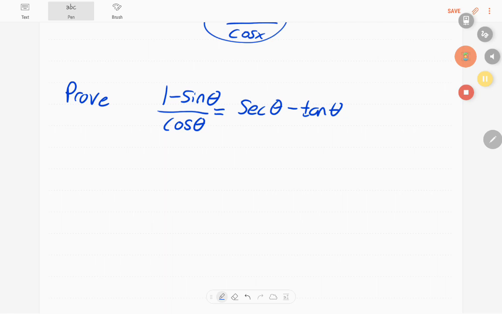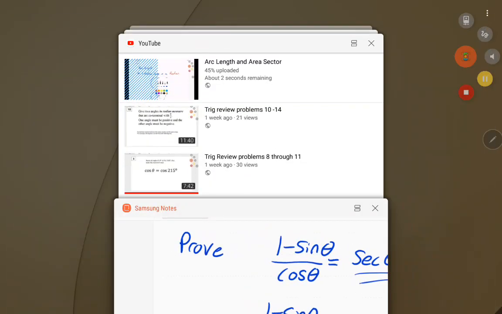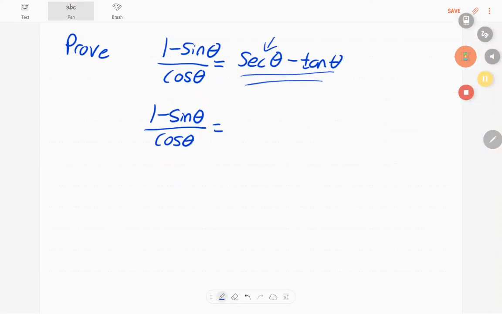Okay. So here, this is what you're being asked to prove. So we want to end up with this. And if you're not sure where to go from there, then just start with the left side. Notice we have a 1 minus sine of theta up top. We can try and multiply by the conjugate and see what happens there. Or, if I see there's a denominator and I see there's a secant here, part of me sees that I can just divide each of those pieces on top by